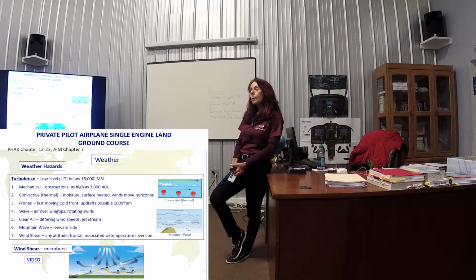Frontal, we now know, don't fly when a front passes. Especially a fast-moving cold front. Fast-moving cold front, you have those warm air molecules shooting up like crazy trying to get out of the way of that cold wedge going over. Possibly updrafts at 1,000 feet a minute. Those warm air molecules are going up. You're caught in them, you're trapped.